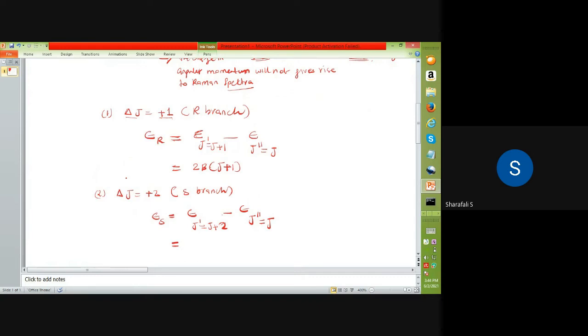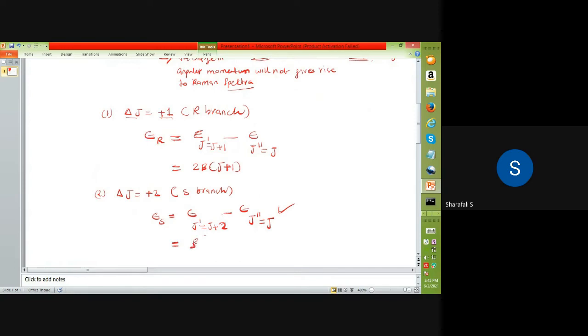That is nothing but the energy corresponding to pure rotational spectra. As we did for pure rotational Raman spectra, similarly you have to substitute the same. We already did this case for the pure rotational Raman spectra, and we got the final expression as